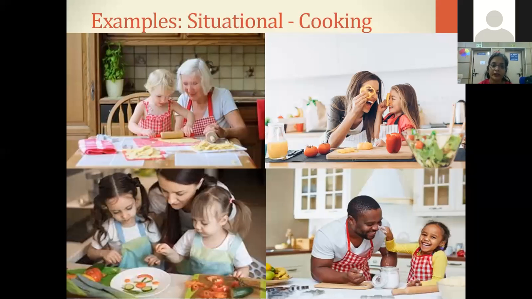So here, for example, if you see, the grandmother is sitting with the granddaughter, and they're actually mixing flour and using a rolling pin to straighten out the flour. So you have a lot of ingredients there, which you can mix together. Name the objects, name the ingredients: water, flour, rolling pin, the board, and whatever you're making. So name each one and just give the child an opportunity to repeat what you are saying, or even form the lips to that position of the word, or just encourage that behavior.